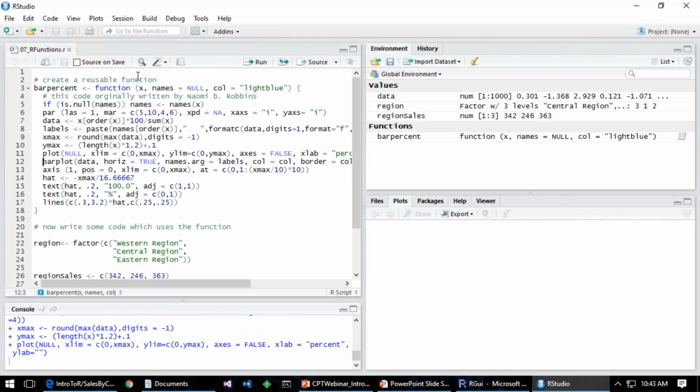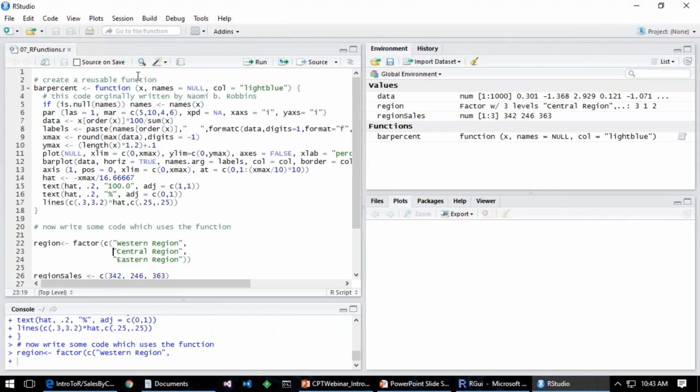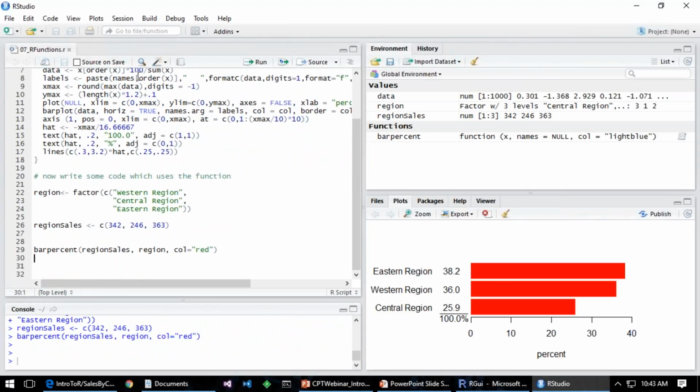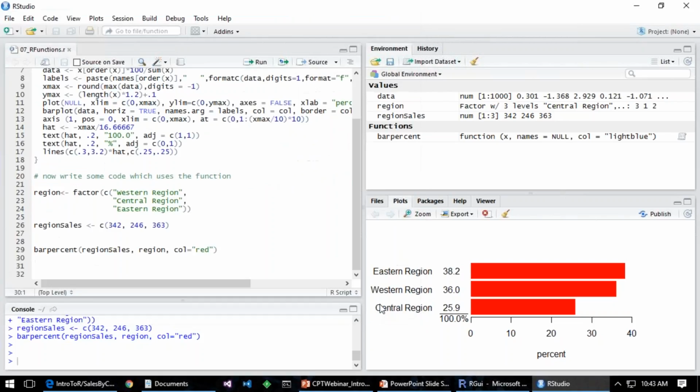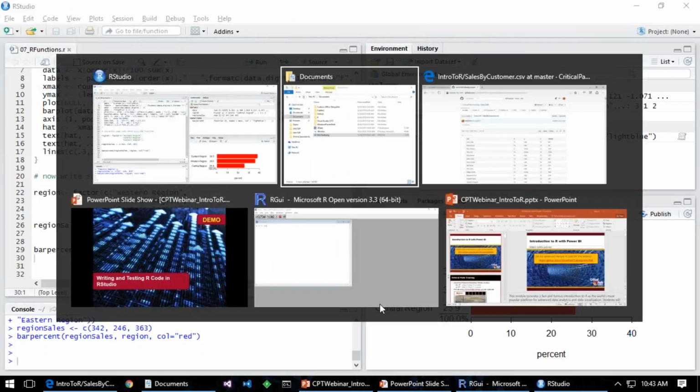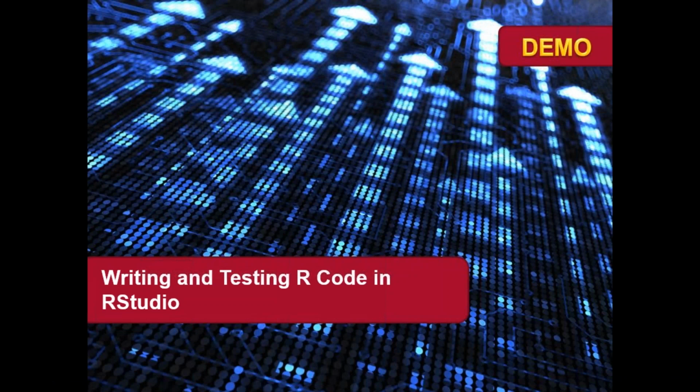Okay, so once this function has been loaded in, and now we go down here, you can see the output as well. For some reason the other thing wasn't working, but time-wise we should go ahead and move on. So one of the things you've seen there is writing and testing code in RStudio